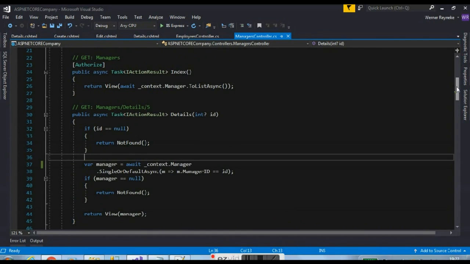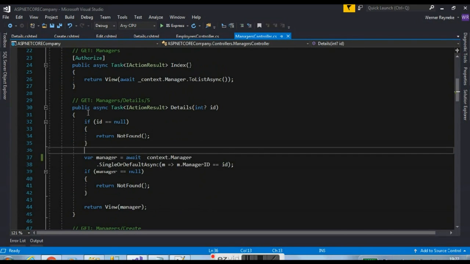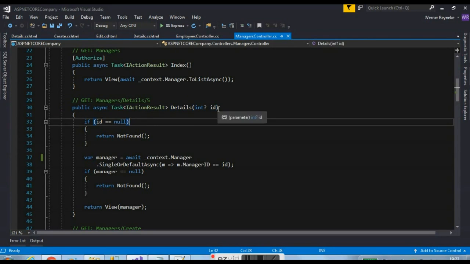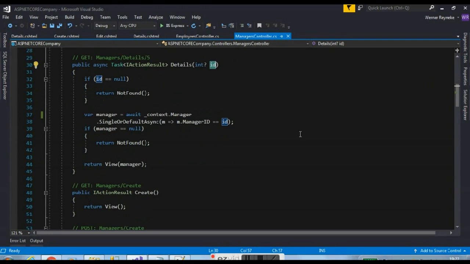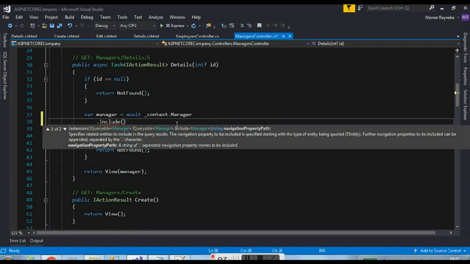And we need to think about this. So we want to go into the details section. So we need to look for the details action result, which is over here. Okay, and we pass in the specific ID for this manager that you're viewing, and we need to modify this generated code. So we're going to put it right on this line and say we want to include,